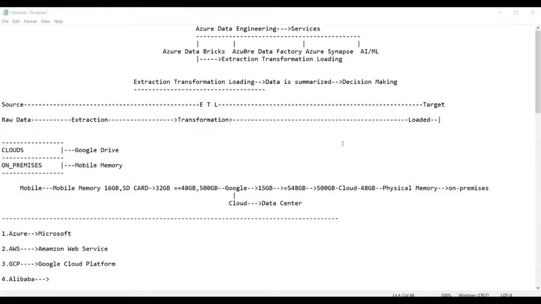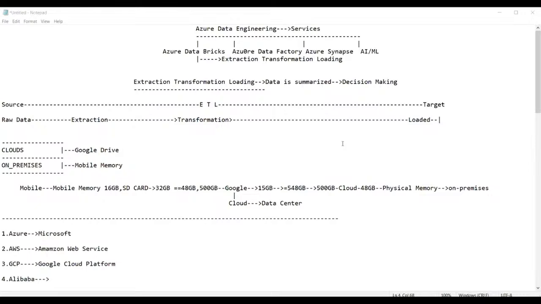Sir, ADB and ADF both are provided by Azure, Microsoft, right? What is the main difference between ADB and ADF? Basically, if there is a project where you are going to use ADF and ADB both, ADF is used for the data ingestion process, that means insertion of the data, only up to that.